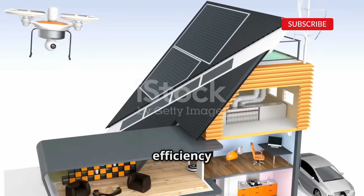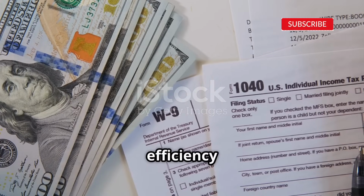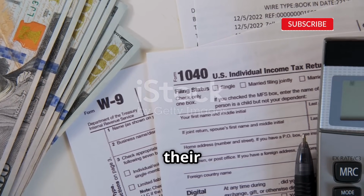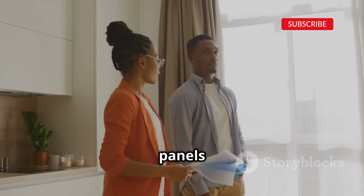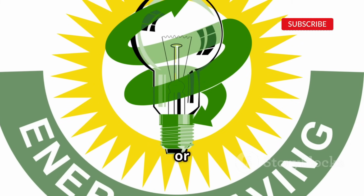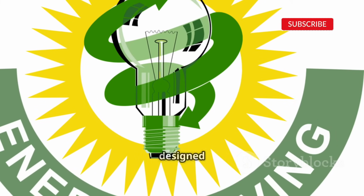Let's talk about energy efficiency and how it can benefit renters. Federal tax credits for energy efficiency are typically aimed at homeowners, providing them with incentives to make their homes more energy efficient. Renters don't own the property, so major upgrades like insulation or solar panels are usually the responsibility of the landlord. However, some states or utility companies offer rebates for Energy Star appliances, which are designed to be more